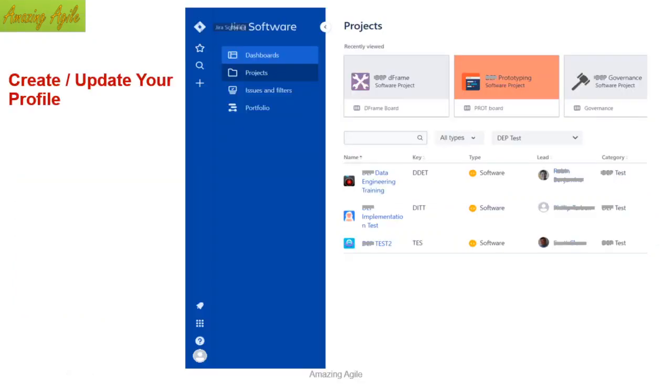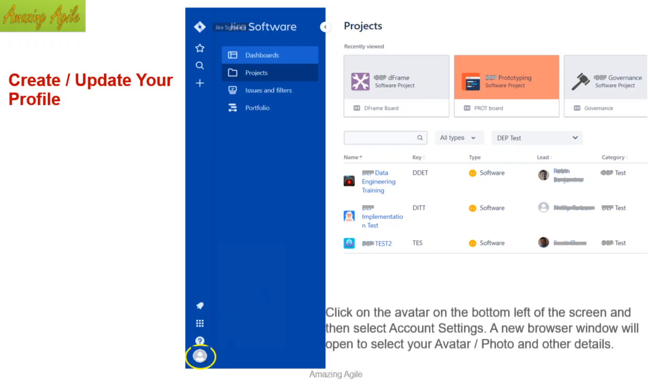So let's look at creating and updating your profile page. It is important. I am going to talk about everything, but it is really required that you first create your profile picture. Why? Because if you are working for an enterprise, where around 300-400 people are working, nobody will get to know who you are if you do not put in a picture or avatar. So first make yourself recognizable by updating your profile. Just right click here and you will get a profile page.